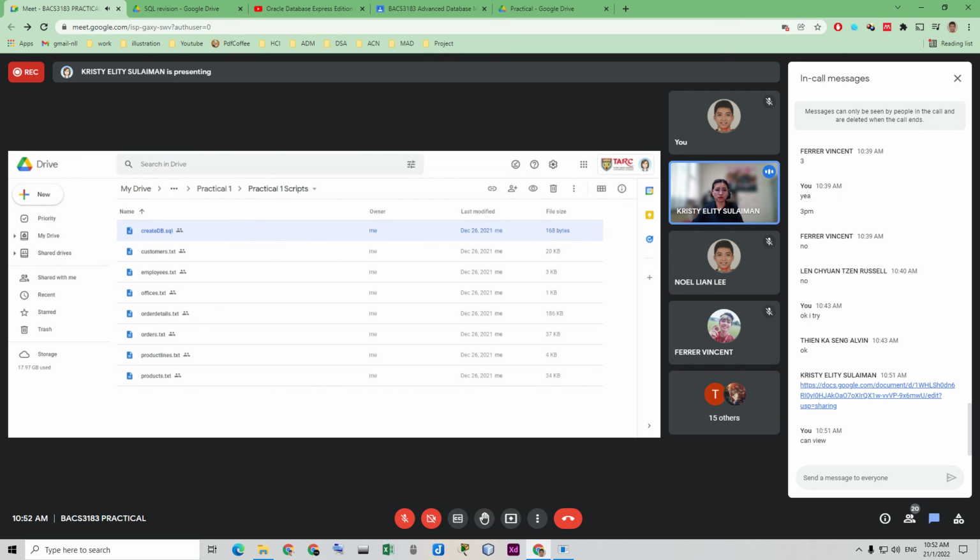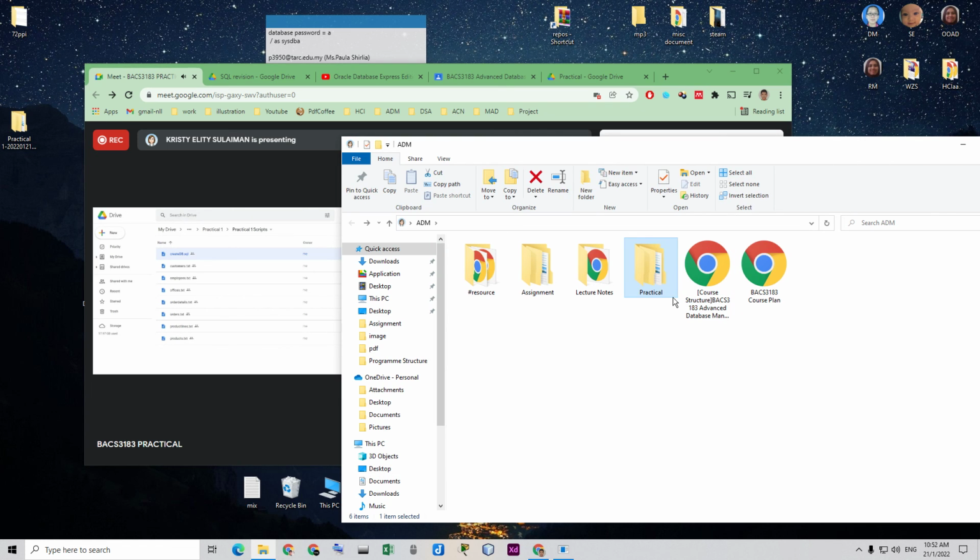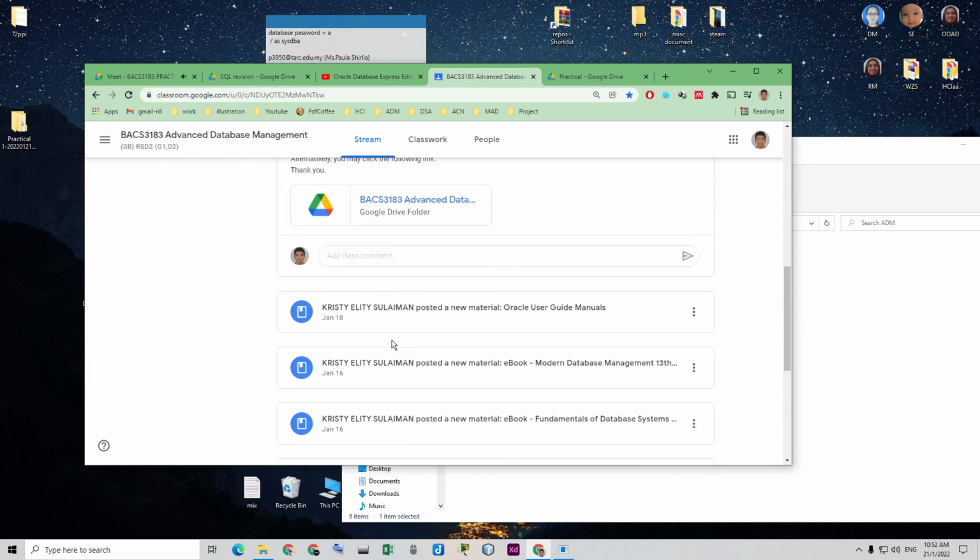Try to figure out how to run the script. You run the script using this one: create db.sql and the name of the db. You put in the name of the db that you created just now.